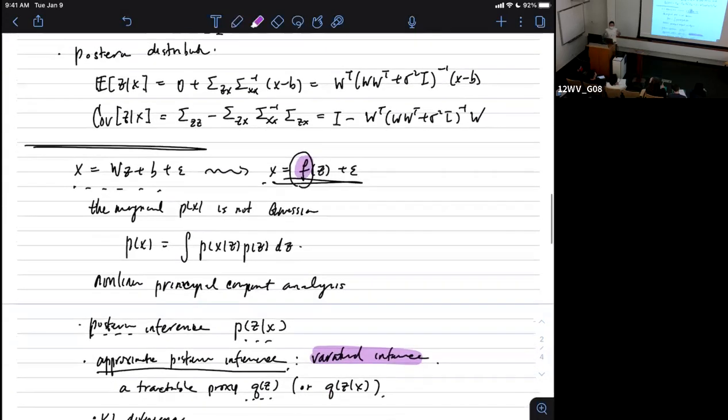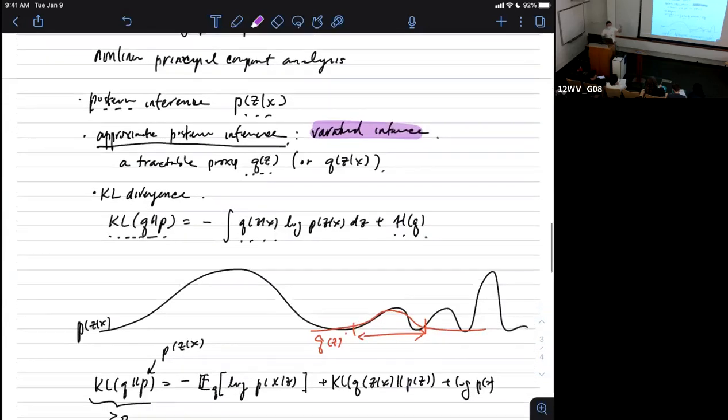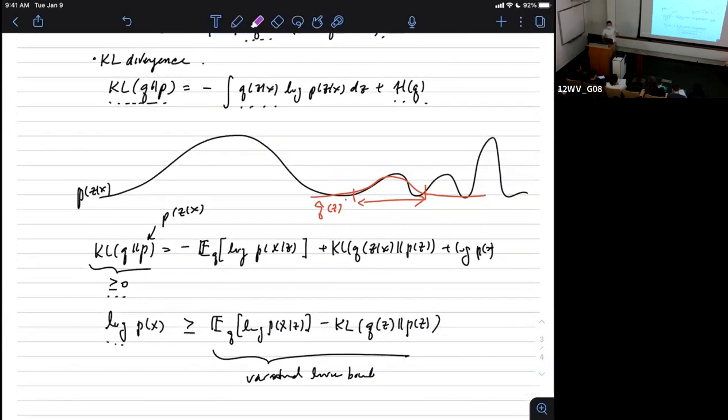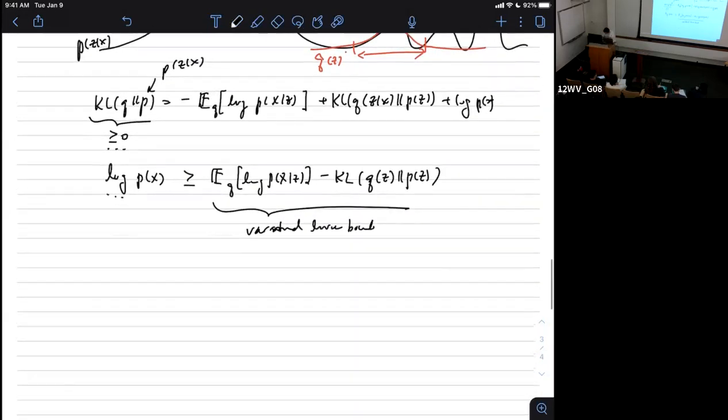So we now try to solve two problems simultaneously. Given all the data points X that we have, let's try to figure out what is the best Q for each of the X. And simultaneously, given that Q for each one of them, what is the best F that maps the Z to X. In other words, we solve the problem of,